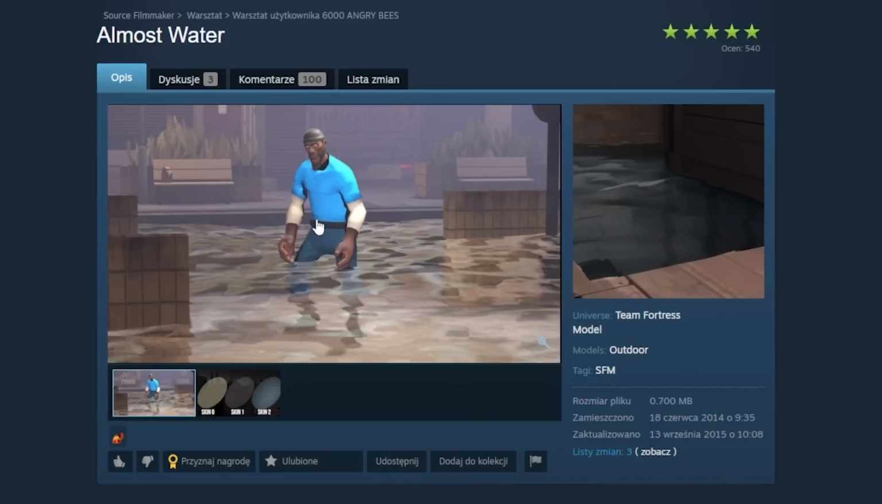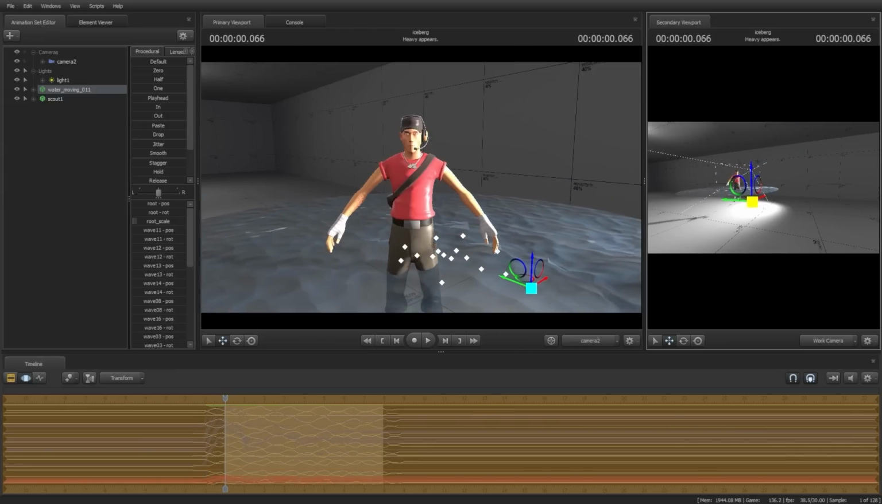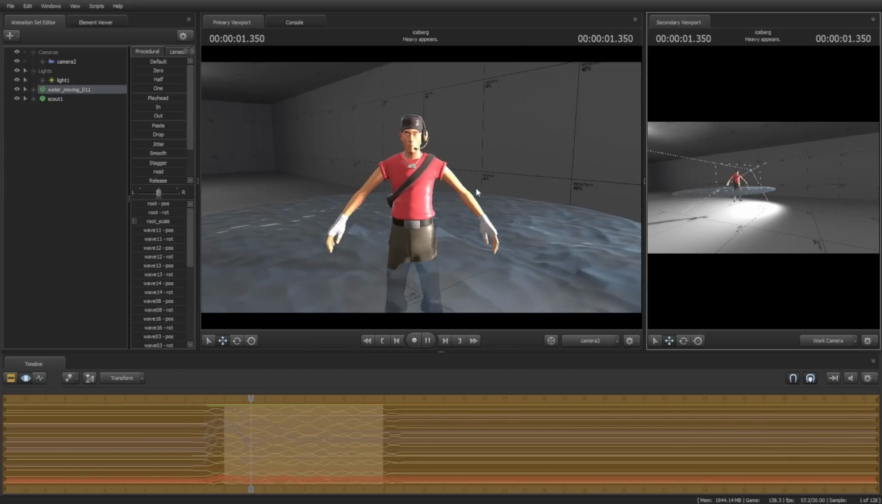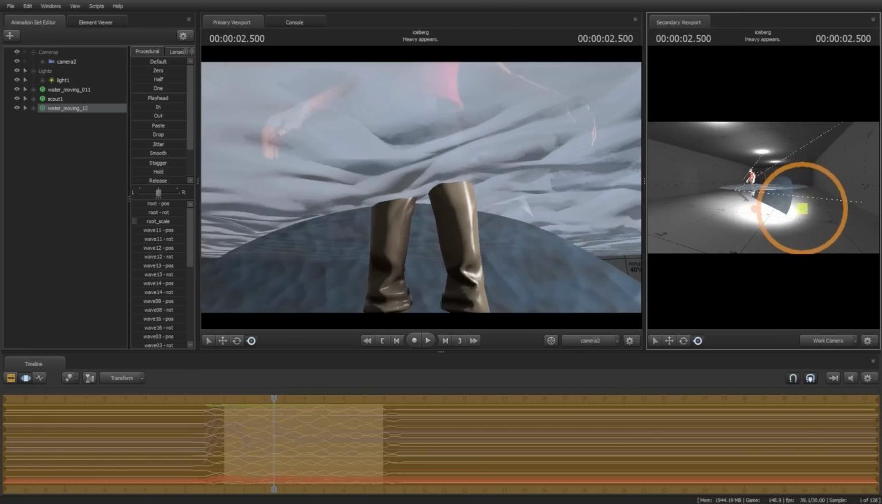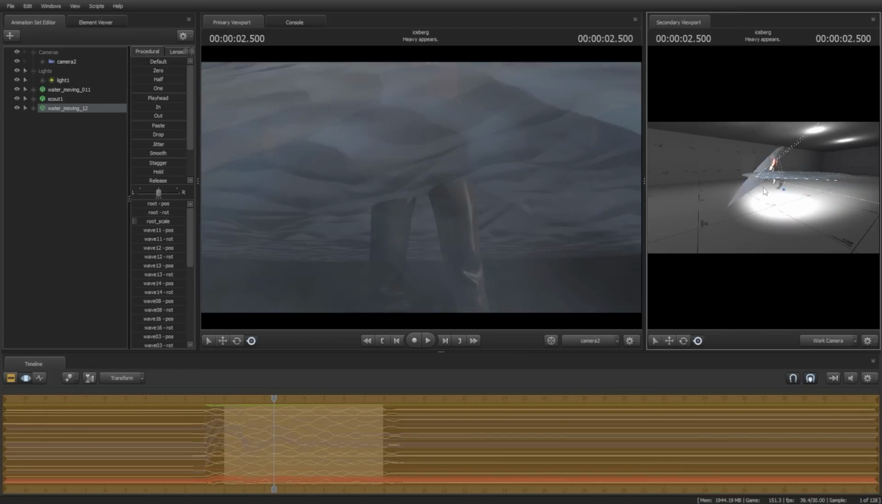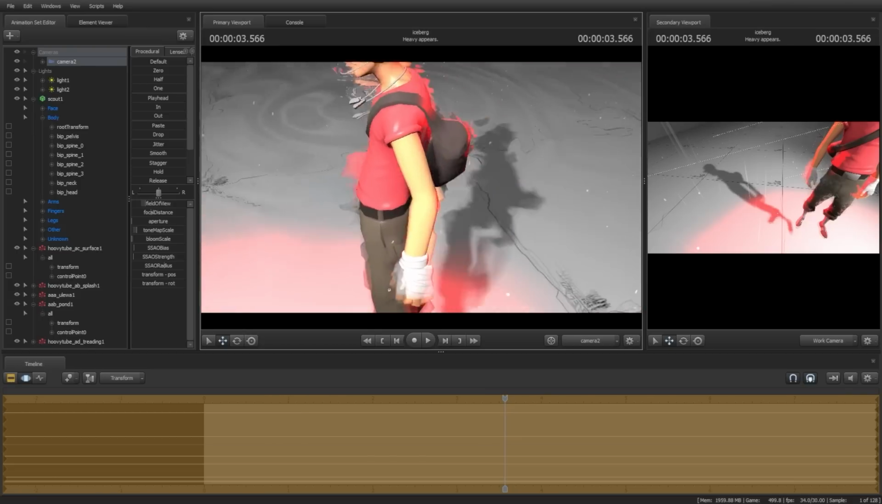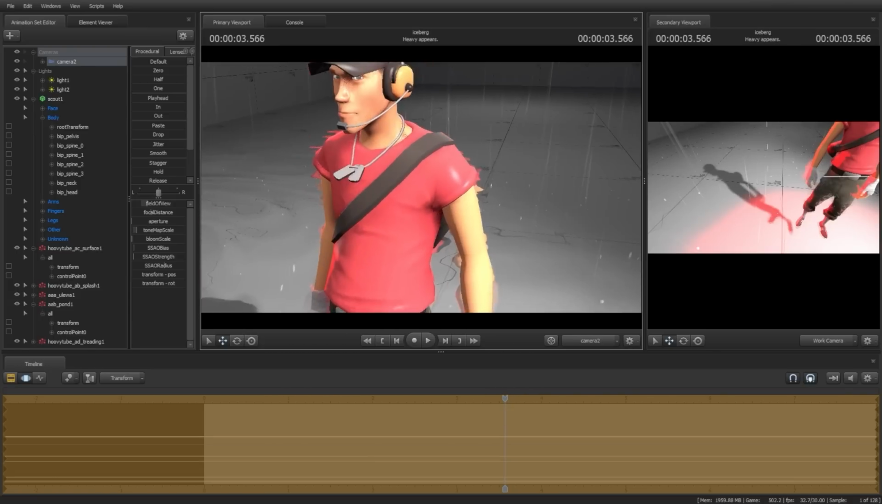The third method is placing water panels that can be found in the SFM workshop. It works very well, however if your camera dives underwater, it will break the illusion without some tinkering with additional water panels. The fourth method is the best one, and it's using my particles that I linked in the description